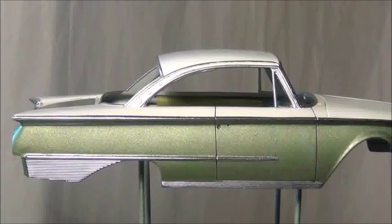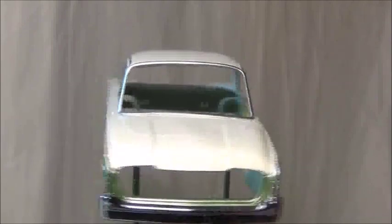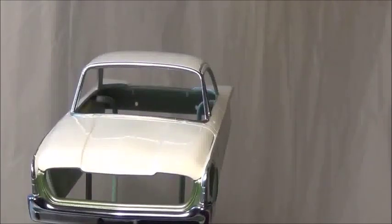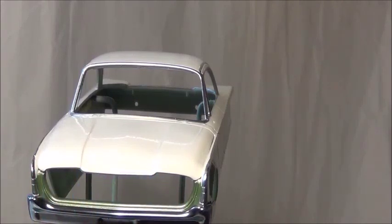But all this trim, oh my gosh, it was hours and hours and hours of work. I still have not finished because on the actual car, this whole opening has trim around it. And I haven't done that yet because I've got a photo etch grill. So I was just going to make that a whole project of trimming out the opening, getting the photo etch grill to work, and then that's where I ran into problems and I'm stalled, is because